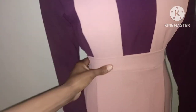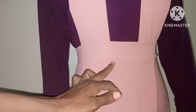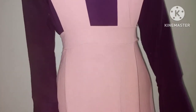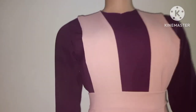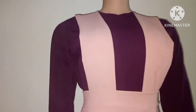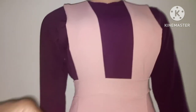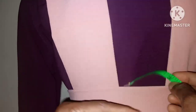You can see the band. I cut out 5 inches. I folded it into 2.5 inches, then half inch is going for the seam allowance, 2 inches is going for the band. And this is the suspender. You can see I stitched it in with half inch, and this is the remaining wideness. So the distance, to get the distance now, is now